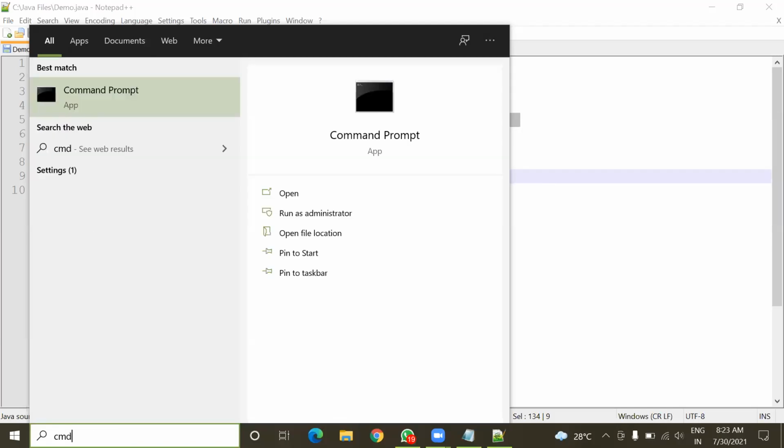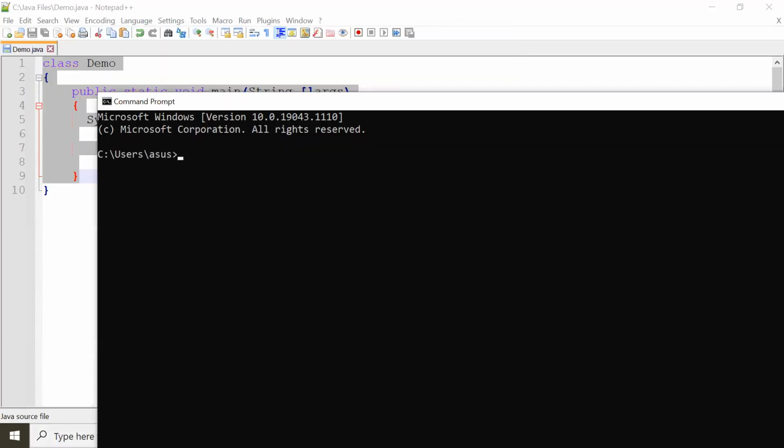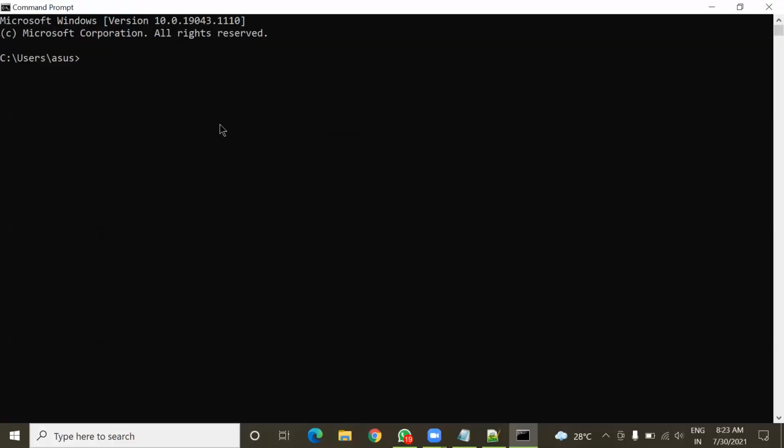I'll need the command prompt here. So have you used command prompt before? No, sir. Okay, no problem. This is command prompt, and you can see it has a black background and white text. Means here in this window, I cannot use the mouse because there is no graphics here. So it is actually a command user interface. Means here whatever I have to do, I'll have to use commands.